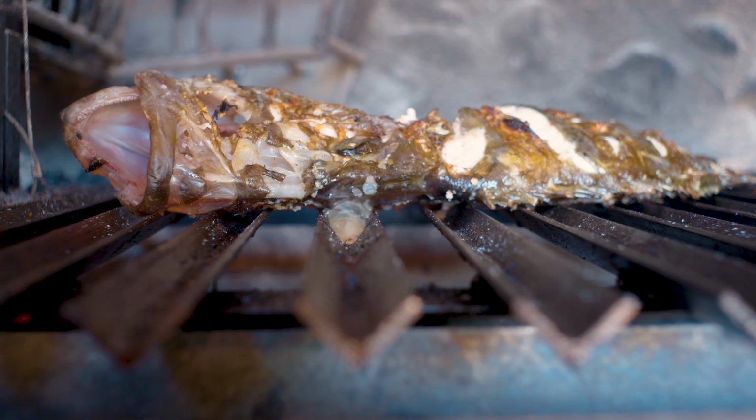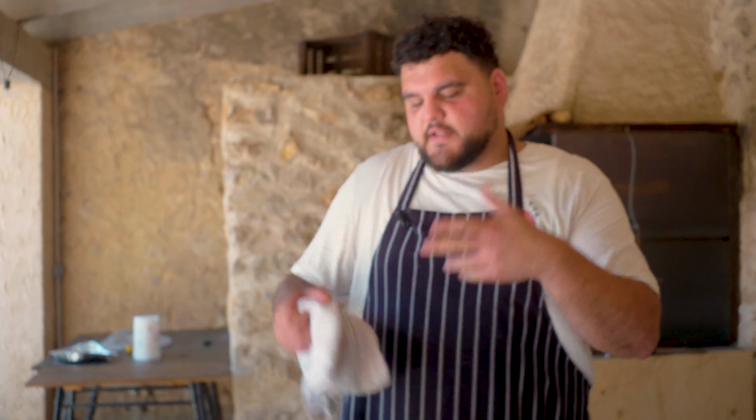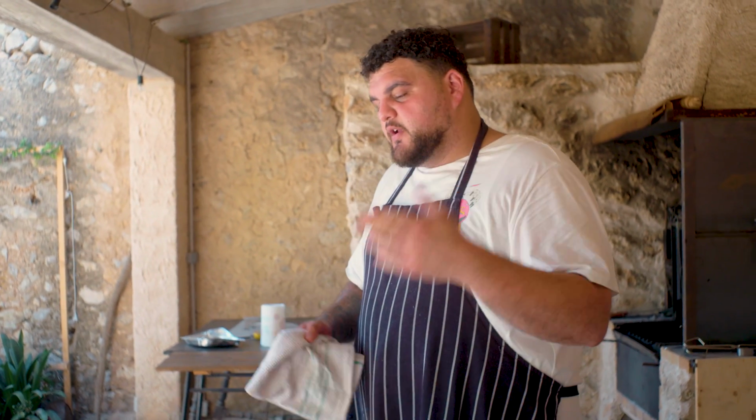Fish is pulled, right? And what we want to do is let it rest. John Dory has like this gelatinous, sticky resting juice that we're then going to use to make like a little pan sauce. So at this point, we're just going to chill, acclimatise, pat our heads dry, stop sweating, maybe take